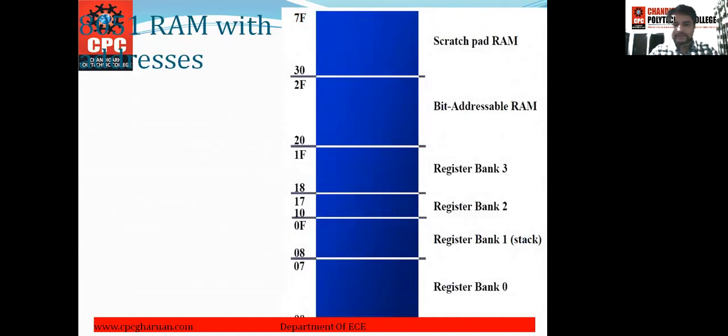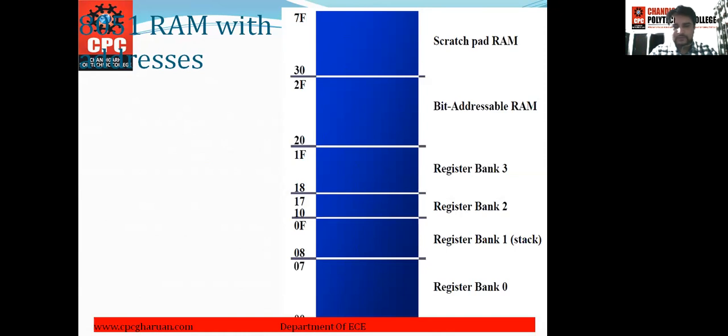As you can see here, the register bank 0 ranges from 00H to 7H, and register bank 1, that is the stack we will use in 8051, ranges from 08 to 0F. Next is register bank 2, that ranges from 10H to 17H. 18H to 1FH range is reserved for register bank 3.